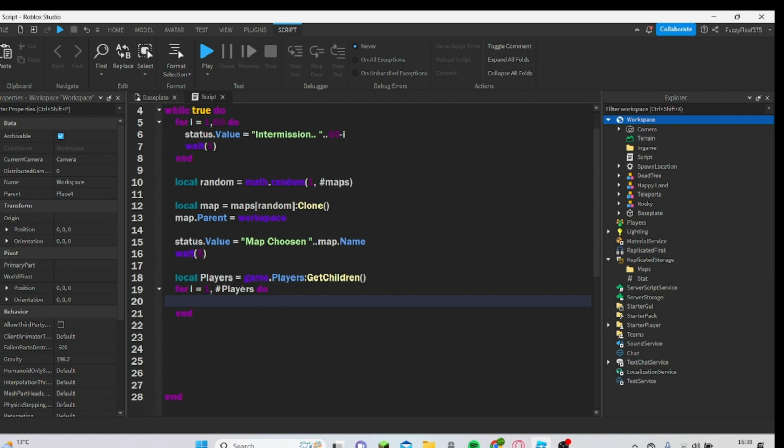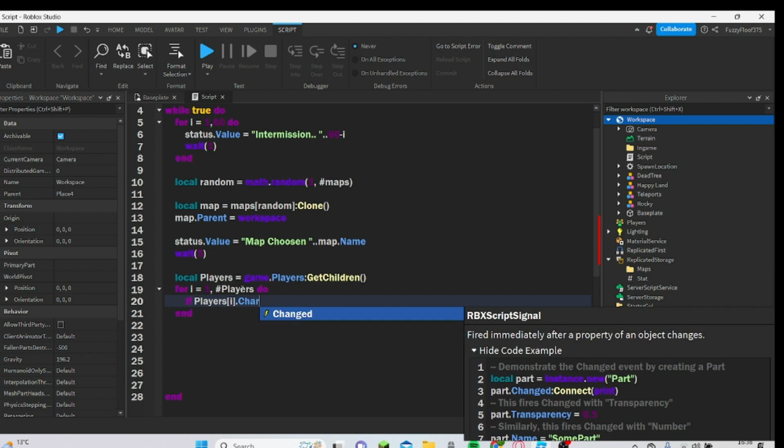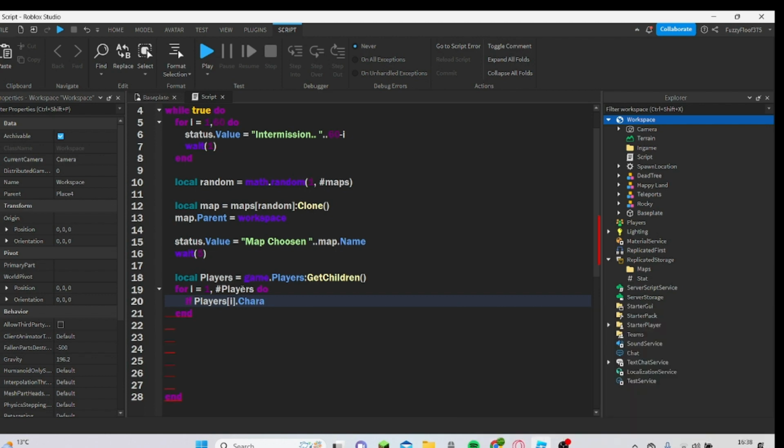if players[i].Character equals nil, then local spawnLoc. No, that's not the L. spawnLoc